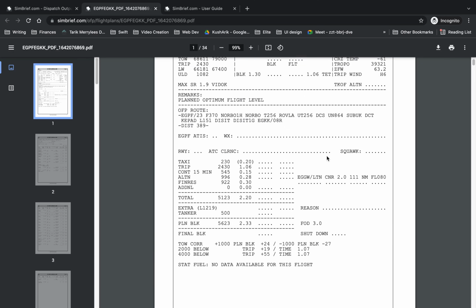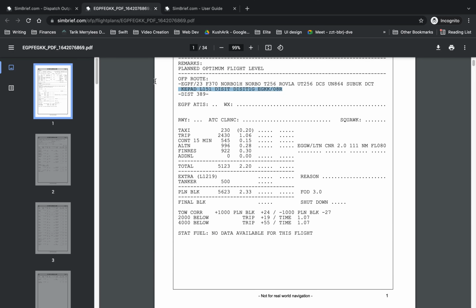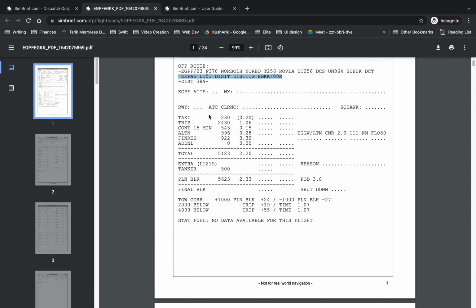So we've got the OFP here, with the summary, the remarks, the routes, which is really important, the total distance, and then the fuel planning. So this is really good, right? Because here I put an extra 500, so it's going to tanker 500, but I could say, well, actually, you can transfer these across: 230, 2430, 545,